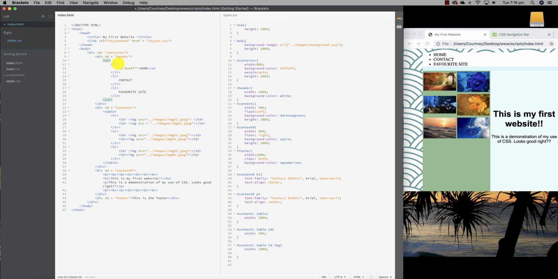So now we have an unordered list, list item opening, anchor opening and closing, list item closing, and we'll do the same for contact, and favorite site. And then we close both of those. Okay, so now we have some links, and when I press File Save, we can see that on our website